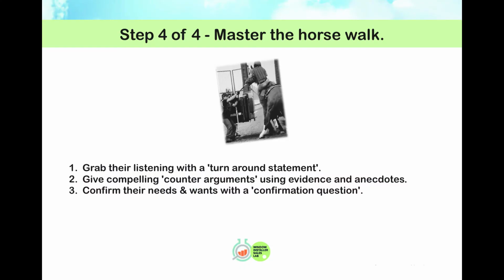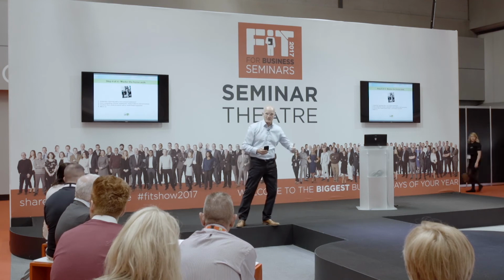Then I like to finish with a confirmation question. So, you are definitely, security is the main reason you're changing the door, isn't it? And you are staying here. You're going to be here in 10 years' time when the guarantee runs out. Yes, definitely. And then I just follow through. Well, look, in that case, I would recommend you just pay the extra couple hundred quid. And then I just move on to whatever the next stage is.